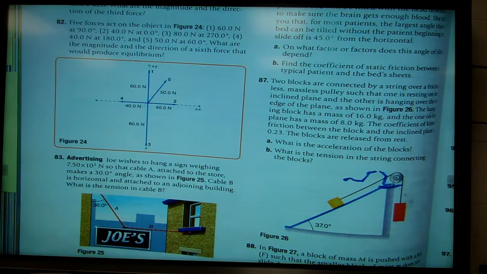So you have the x and the y, like you added them all up. You make them negative. Then from the net force, whatever sign is there, you just change it. Because our sixth force to cause equilibrium must be equal to the net force of all the 5 forces combined in magnitude, but opposite in direction. So magnitude is just the number. But the direction is going to matter in this case. Once we get that, we don't have to do anything else other than find the